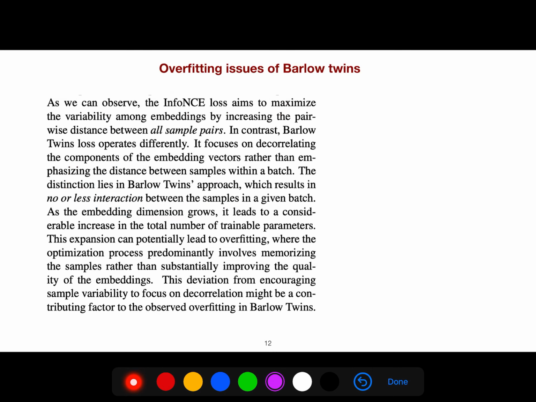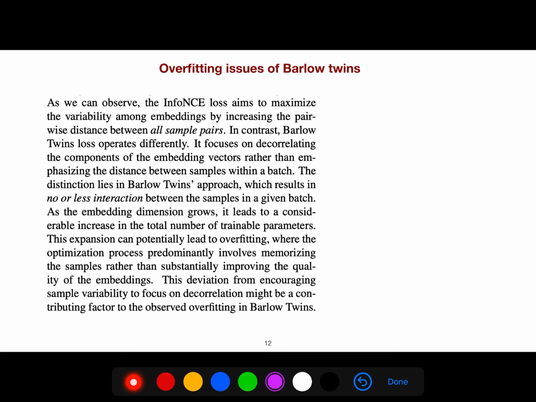And as we can observe, the InfoNCE loss aims to maximize the variability among the embeddings by increasing the pairwise distance between all sample pairs. In contrast, Barlow Twins loss operates differently. It focuses on decorrelating the components of the embedding vector rather than emphasizing the distance between samples within a batch. The distinction lies in Barlow Twins' approach, which results in no or less interaction between the samples in a given